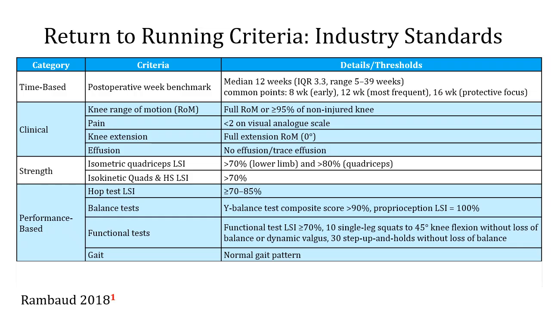Y balance can be considered. There should be a proprioception LSI of 100%. And functional tests such as your 10 single leg squats to 45 degrees without loss of balance would be 70%, whatever your metric is. Maybe it's your knee varus or valgus, or number of repetitions. There's also 30 step and holds without loss of balance that also is more of a qualitative assessment and coordination